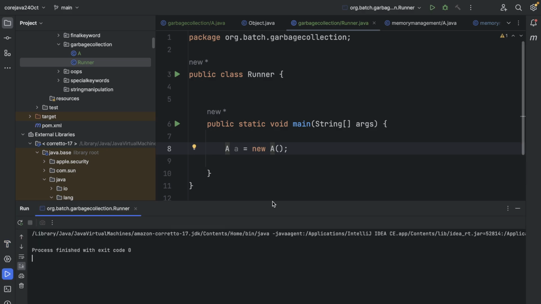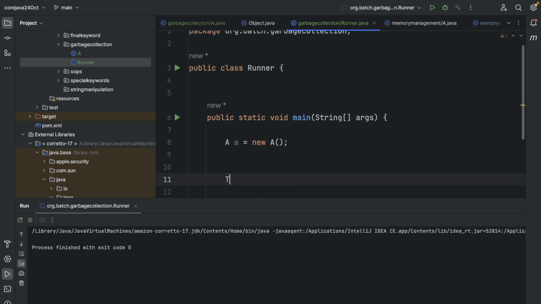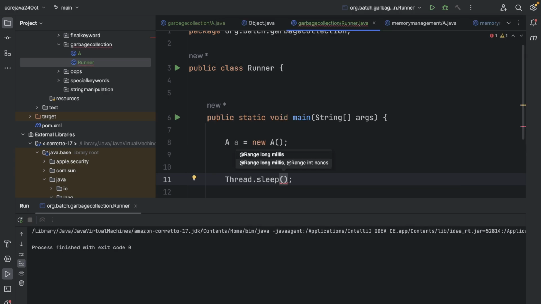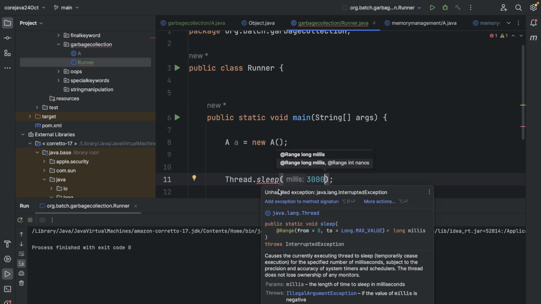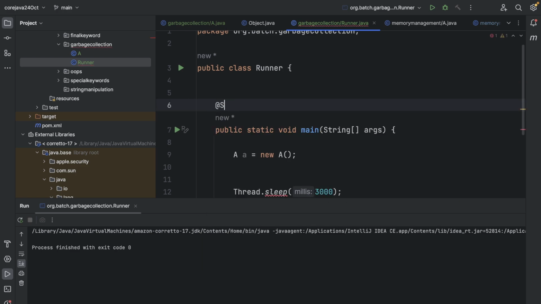So we can see that nothing has happened, right? Because before the garbage collector can work, the entire code has finished executing, right? So what I can do is stop it. How can I stop it? I can use Thread.sleep. What it can do, we'll see later in the thread session, right? And then we need to handle the exception also, right? But again, because we haven't completed it, I'm going to use